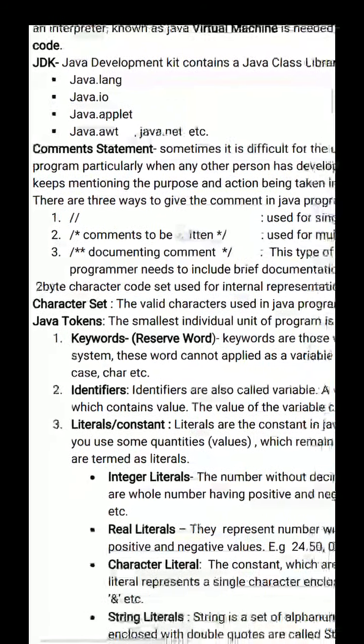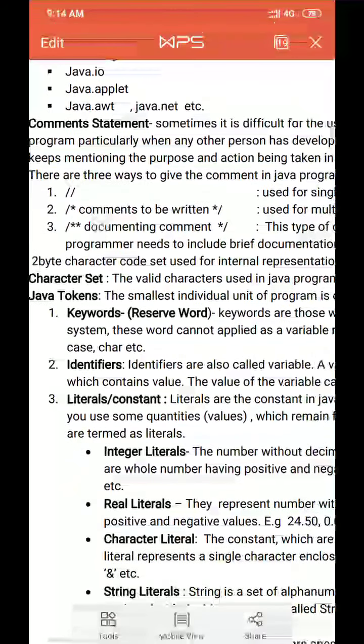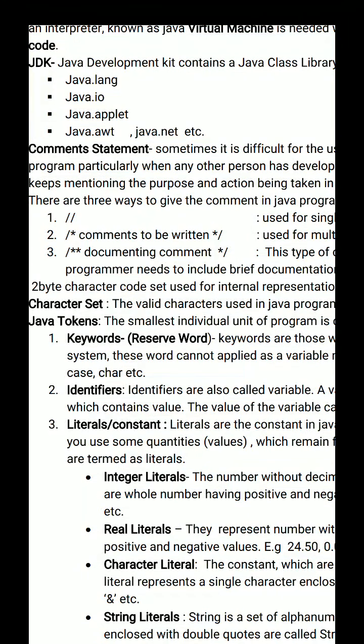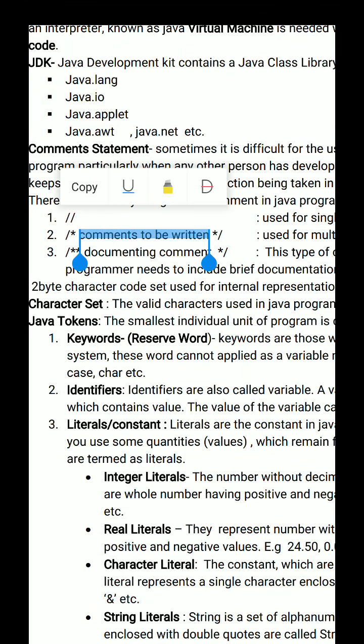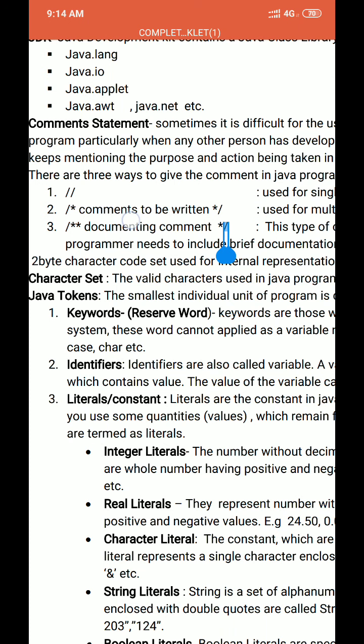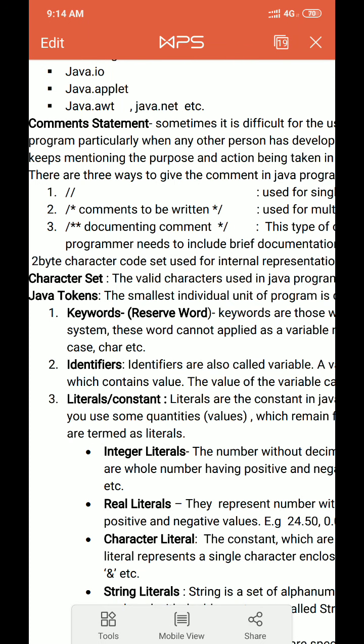Comment statements: you have studied these three comment statements, or you can say remark statements. First is the single line comment statement. Second, if you want to write a paragraph, then you have to write in such a way. Third is documentation: if you want to write a comment of the length of one page, then you have to write in such a way. Comment statements are statements that will be ignored by the Java compiler at the time of compilation of the program.